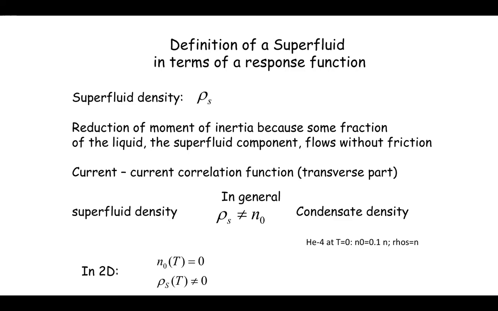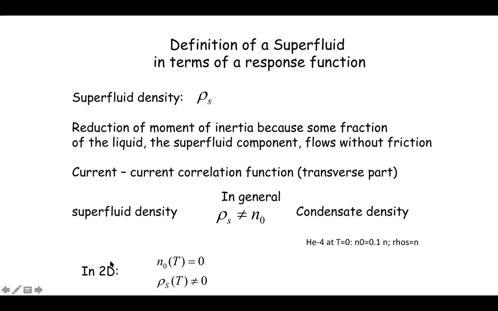The superfluid density, on the other hand, at 0 temperature is equal to the total density. All the bosons in helium-4 are able to contribute to this transverse frictionless flow at 0 temperature. So rho s is equal to rho, the density, but the condensate fraction is different, is less. And in 2D, we saw an even more extreme example,